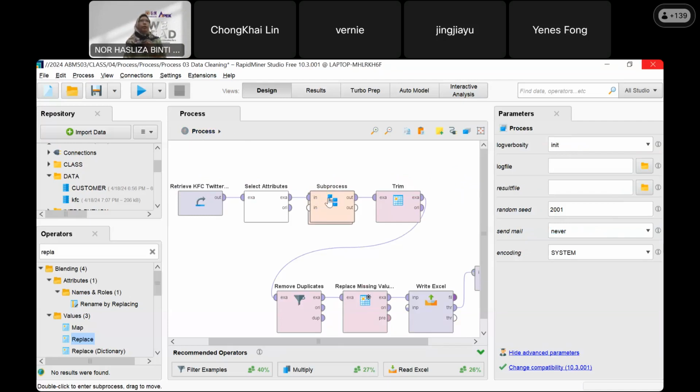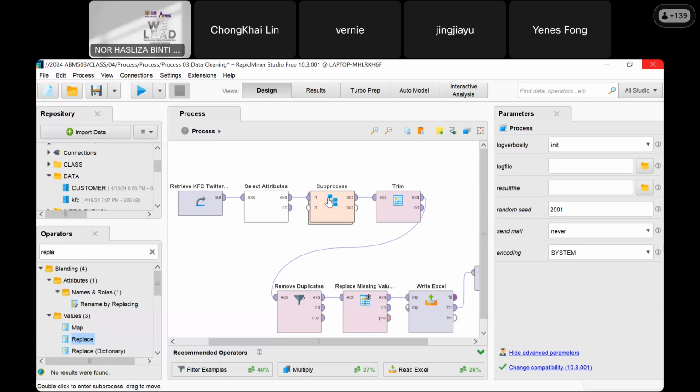So you remember that? I should run the process. If you remember, when you replace the characters, the hashtag, the semicolon, or whatever, what happens to your data? It will be blank.